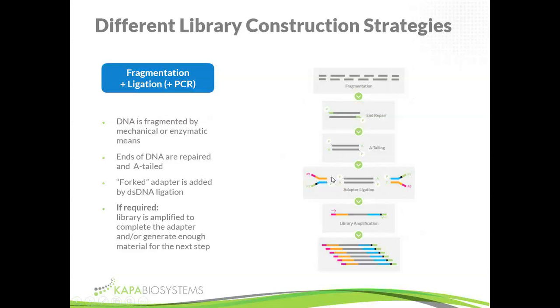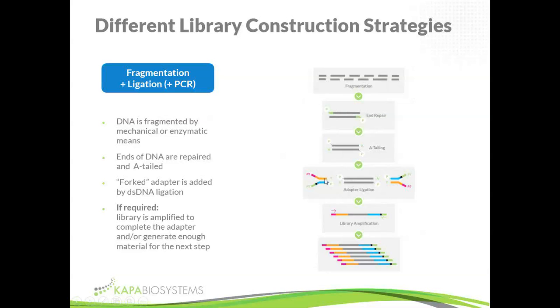And you can see that the Illumina adapter has sort of this Y structure. So for ligation-based library construction, it's a single adapter that can either ligate on the front or the back end of the DNA. So it's sort of a mirrored structure, and it creates the same